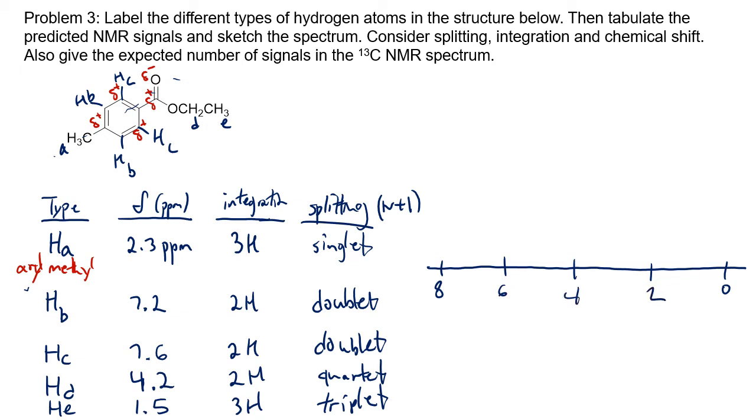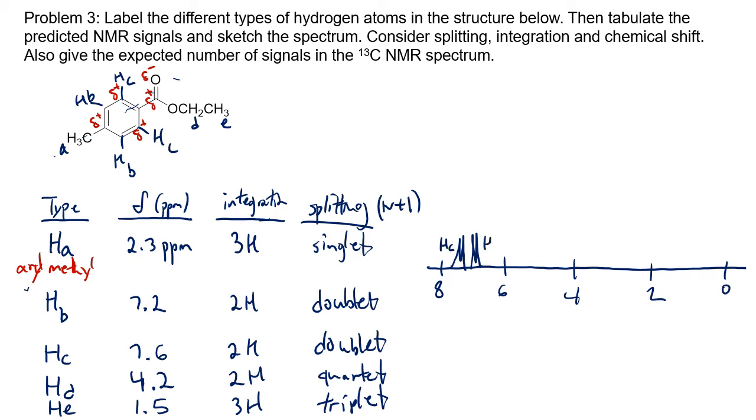Okay, and so we've got highest shift is 7.6, and that's going to be a doublet. And then we're going to have another doublet nearby. So this is going to be